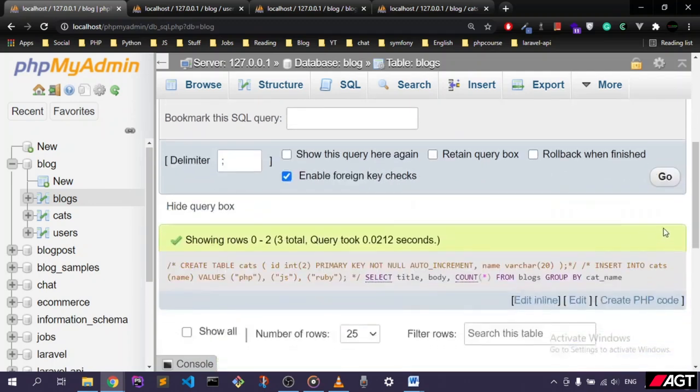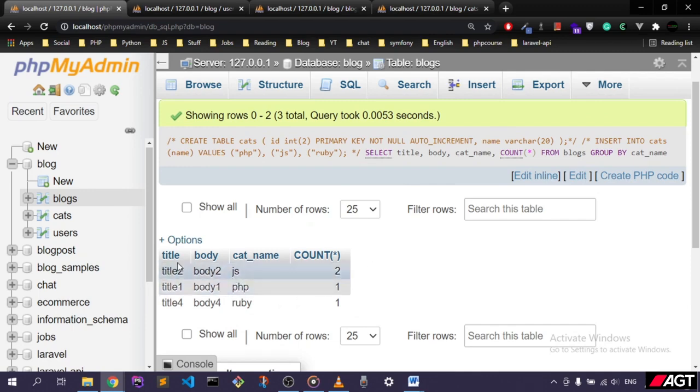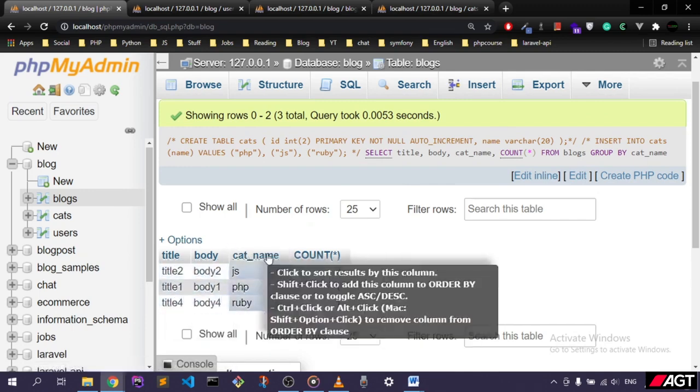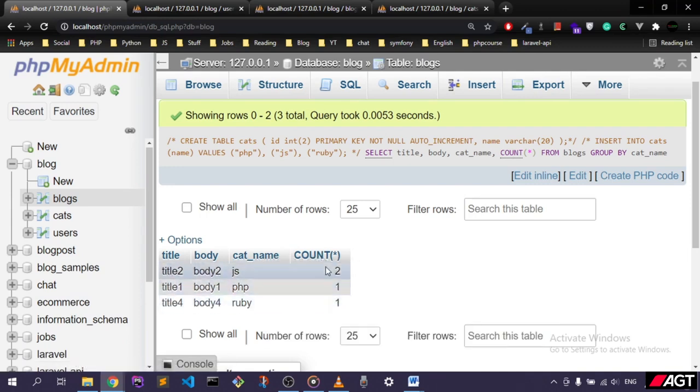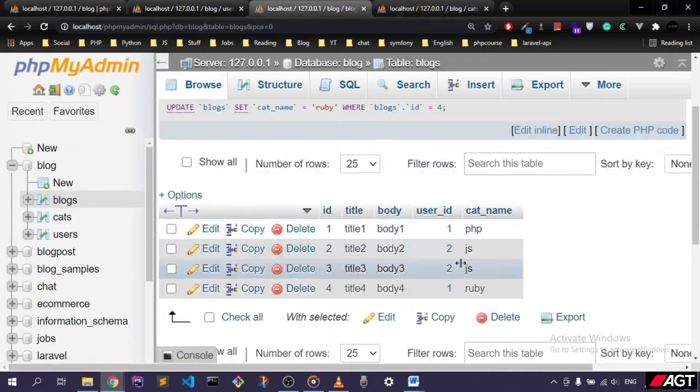Just to explain things a little bit. Now you can see over here that we have the category names right here, and the number of records that each one has. So we can see that JavaScript has only 2 rows, PHP has only 1, and Ruby has only 1. And if we go ahead and tweak this,